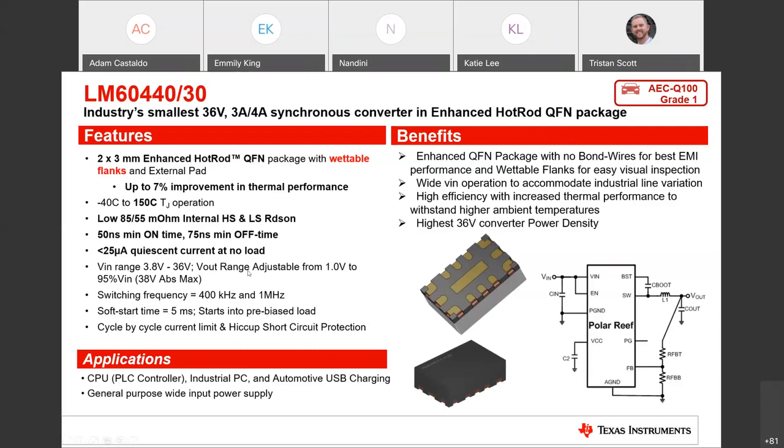So it's just extending the output current capabilities in that same 3 by 2 millimeter footprint that you're able to get with the previous generation LMR33630. So for any high ambient temperature required applications, some more harsh operating environments, we've gotten some interest here, as well as just general purpose wide VIN buck converter power supply needs in the industrial PLC markets as well. And this one has also some flexibility in switching frequency, having 400 kilohertz and a 1 megahertz option available.